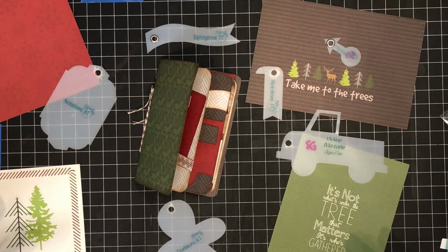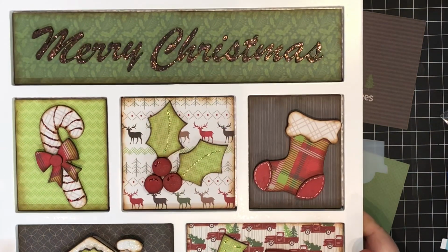And what I wanted to show you was that you're not limited to traditional scrapbooking. The 12 by 12s, even the 8.5 by 11, or even the 6 by 6 or 8 by 8, you can do altered projects. You can do so many other things. It's amazing. One of the altered projects that I did that I showed recently was the